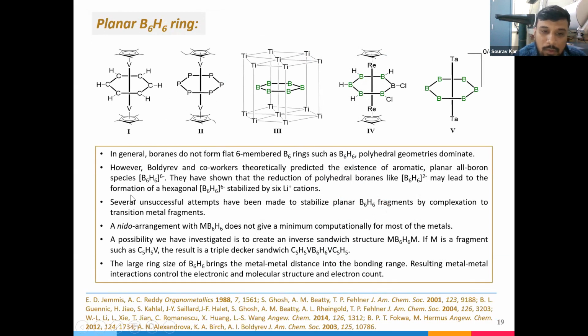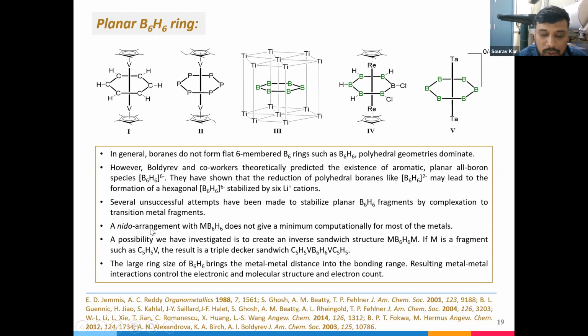But Balakrishnarajan and co-workers theoretically predicted that the aromatic planar B6H6 minus, the benzene analog, can be isolated by the reduction using lithium, using a cis lithium atom. But unfortunately, till date, no success has been achieved. On the other hand,